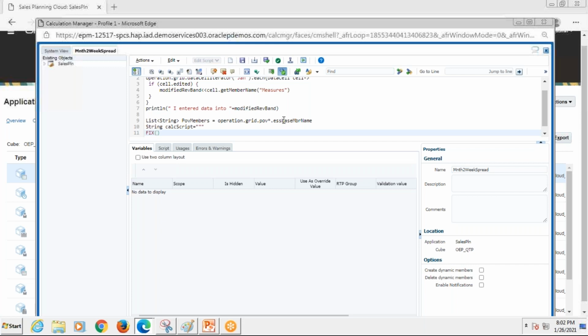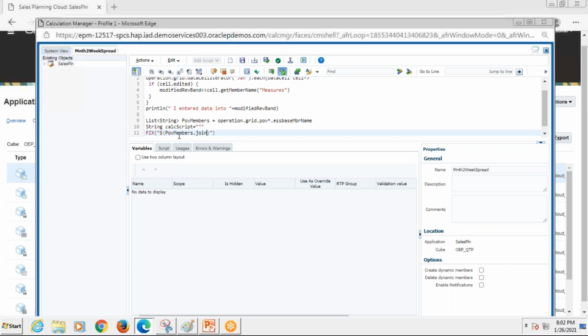But we know that we have just now trapped the two parts. In the first one, we are going to take our dollar, then curly braces, then just bring your POV members into this. But because it is in a string type, we are going to use a join operator on it.